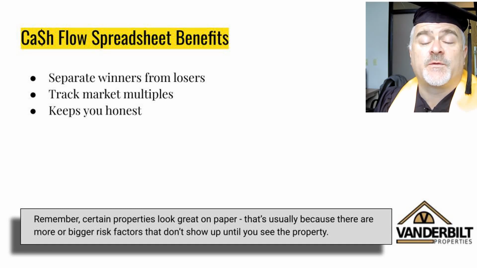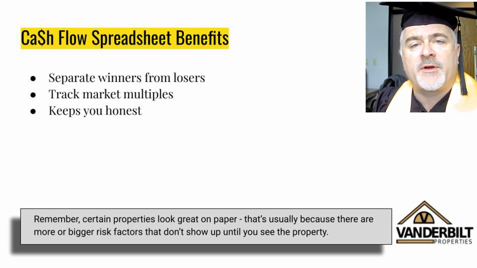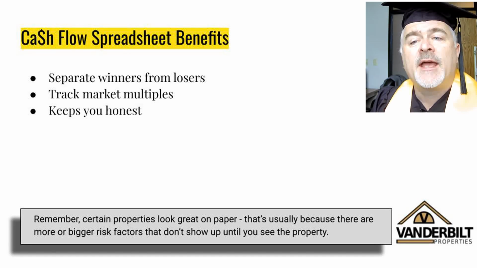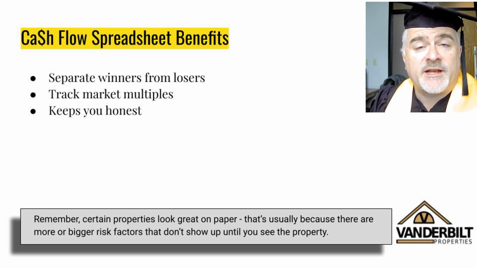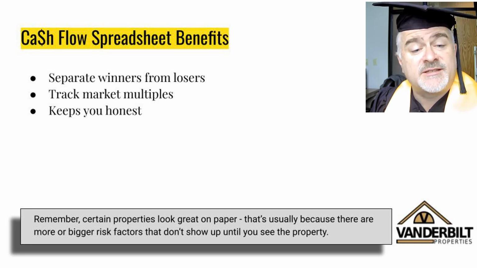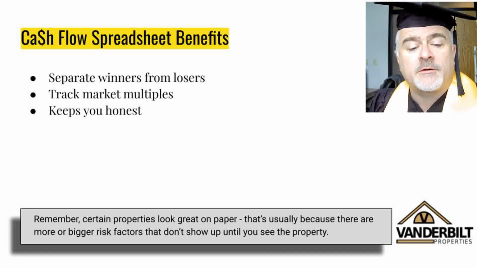Whereas if the cash flow is at a different level, and it depends on what kind of property it is, in order to figure out these metrics, it'll almost certainly sell in the first 10 days. That's because there are plenty of investors that use cash flow spreadsheets, and basically they all tell you the same numbers. So they all kind of figure out where these properties should sell and whether or not they're